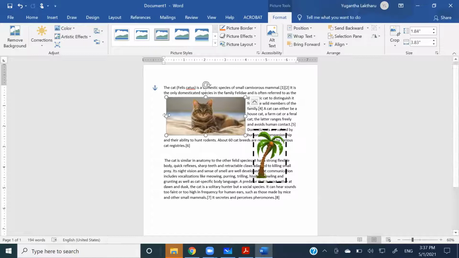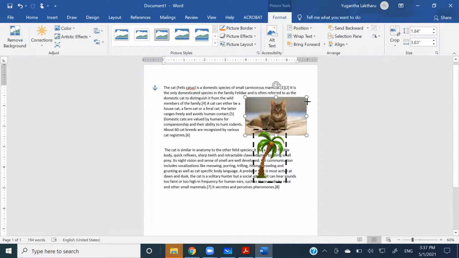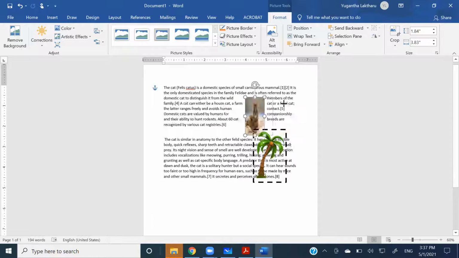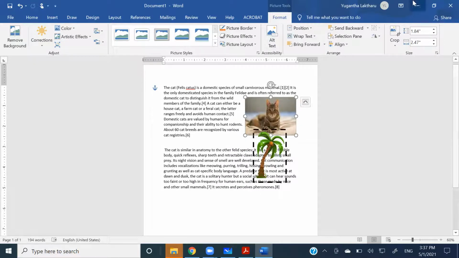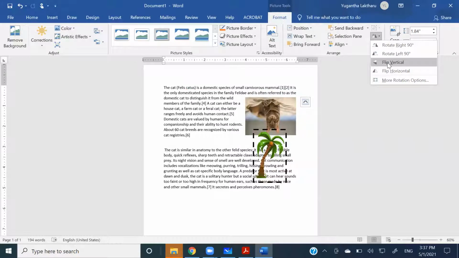Right? If we need to flip vertically, you can flip vertically. Right? So that can be done from here as well. So flip horizontal, flip vertical. I'm sorry, this is flip horizontal, this is flip vertical. Right? So in a vertical flip, what happens is